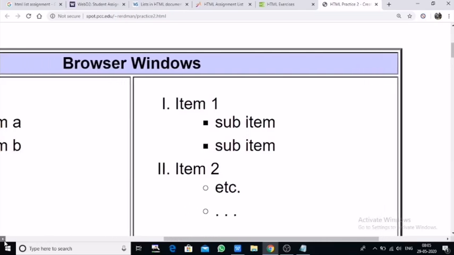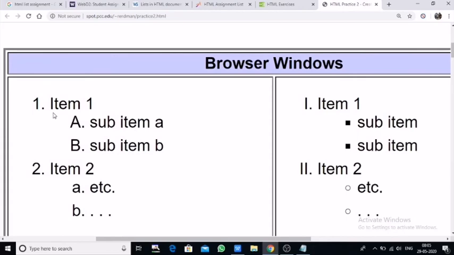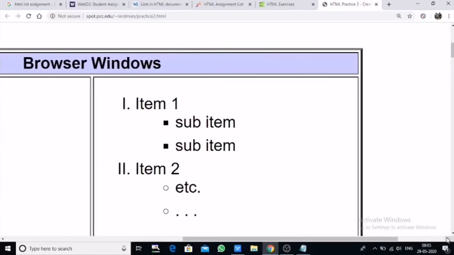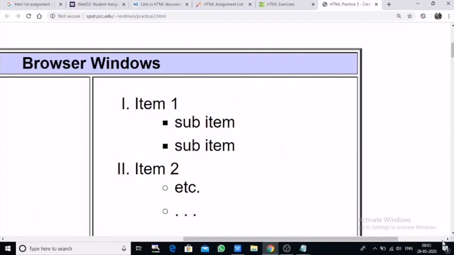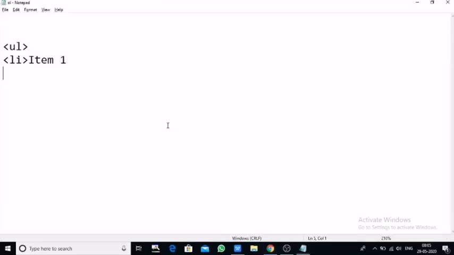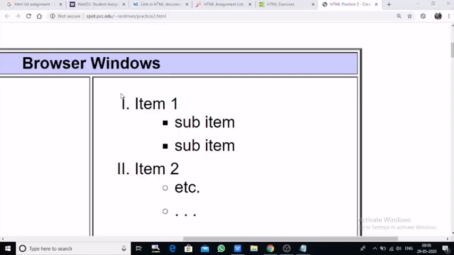And in the previous one there was also one ordered list in which two ordered lists were there, right. One is capital A and the second is small a. So nested is nothing but mixing all the other lists together to make a list. So item 1, then a sub item which has square type bullets. So write li, then no need to close it because it is coming in continuation. After 1, 2 is coming.